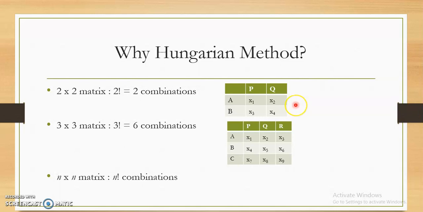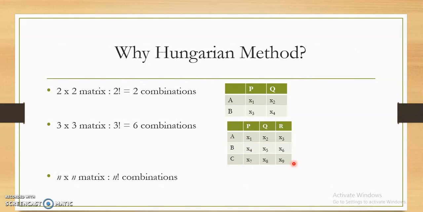So if the matrix size is small, we can calculate it using the general mathematical method. But if there are 3 machines and 3 operators, in that case we will get 9 observations. How do we get 9 observations? If we allow each of the operators to process the same type of job on these 3 machines, 3 into 3, we will get 9 observations.